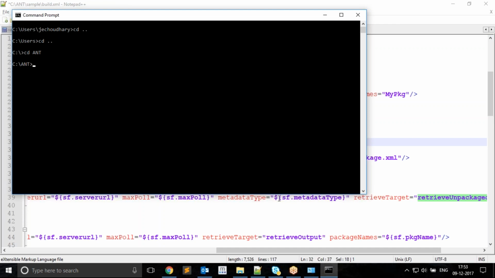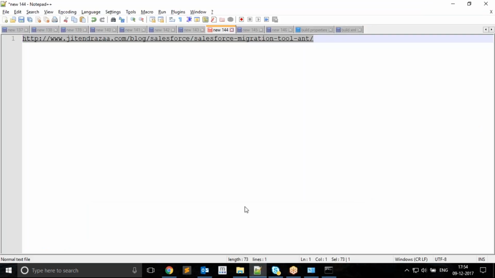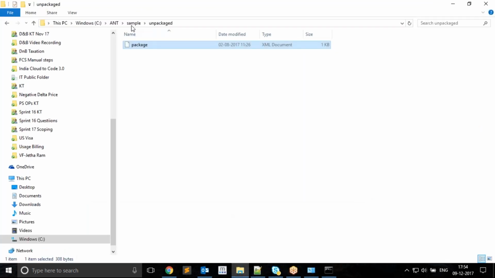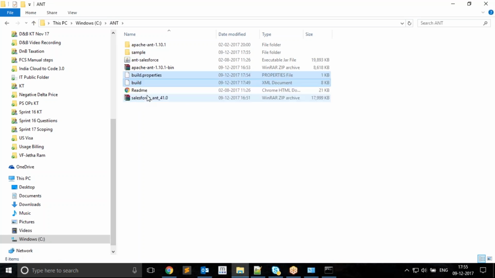Now let me go ahead and run this command. I need to copy both the files from here and put them here. So if I open my build.xml,